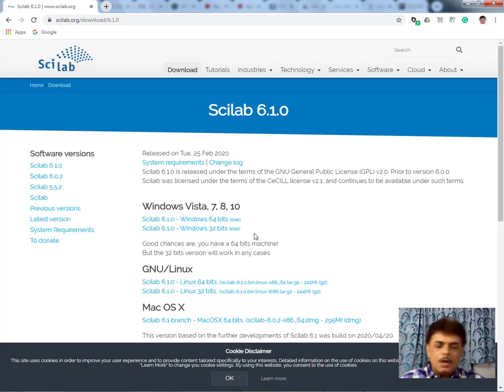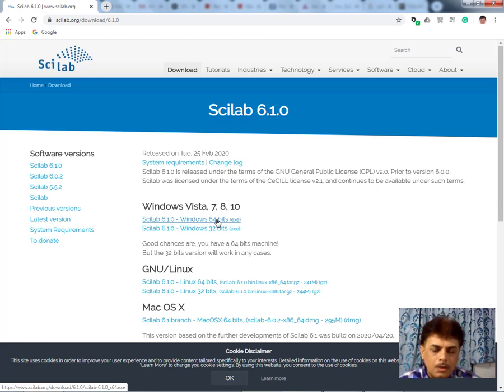First of all, we must be aware of which kind of operating system is installed on our computer or laptop. If you have got a laptop or the computer in which you have Windows 32-bit operating system installed, then you have to click on the second link and download the setup of the Scilab for 32-bit operating system.